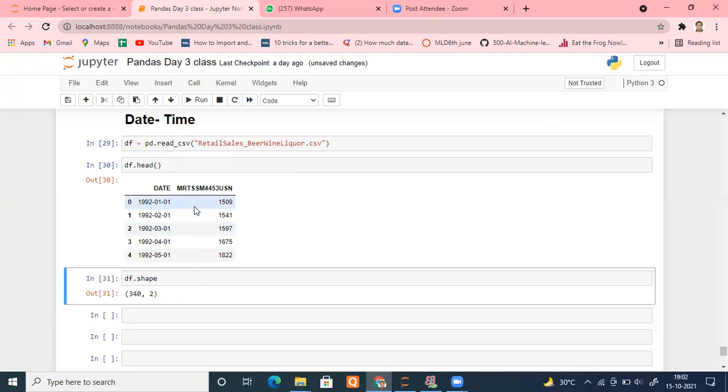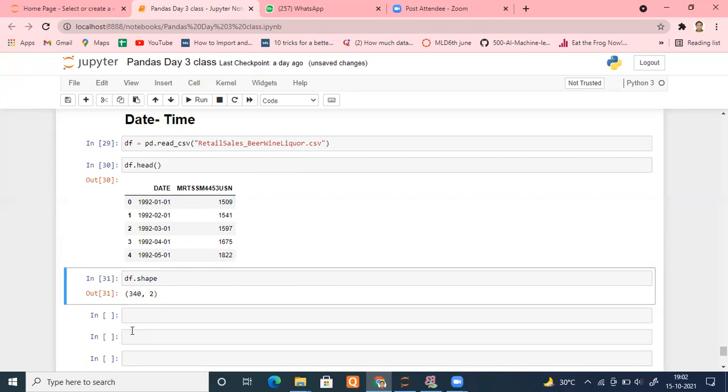Okay, this is that data set. So somebody may ask you, this is a data set from 1992 to I guess 2020, tell me in which year the maximum sale happened. Which year? But this is a date which is given. How will you deal with that? You should be able to grasp the years from that, months from that.